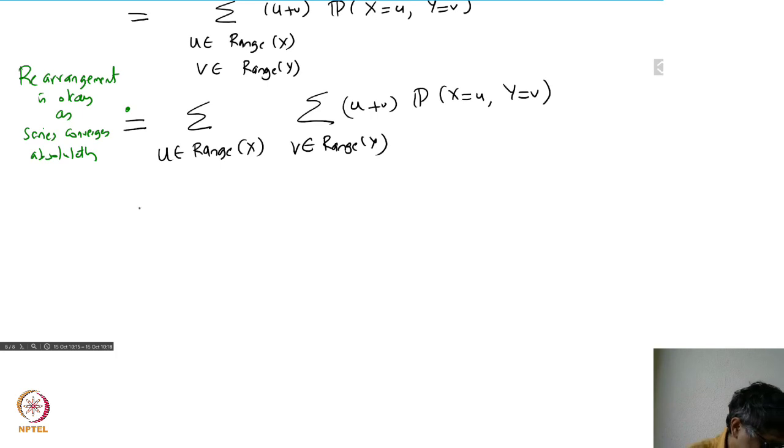So that's the same as the sum over u in the range of x. This now you can split up. So let me write this down. I'll keep the u, right? I'll read it as probability x equal to u. So I will move the v sum inside. Sum